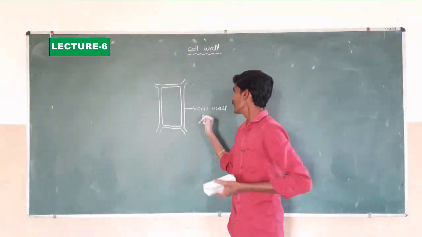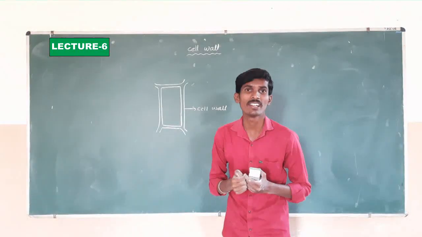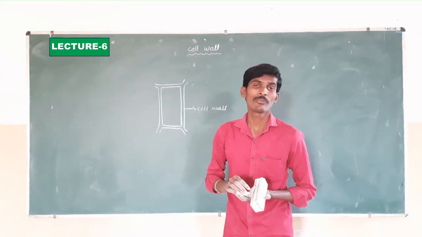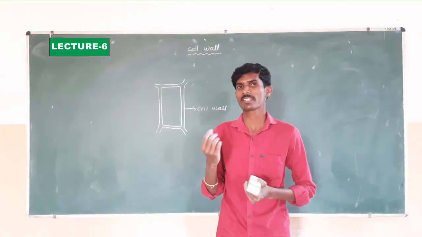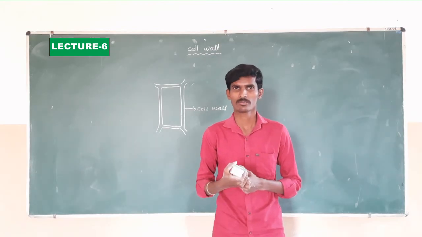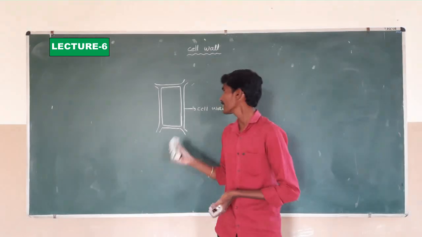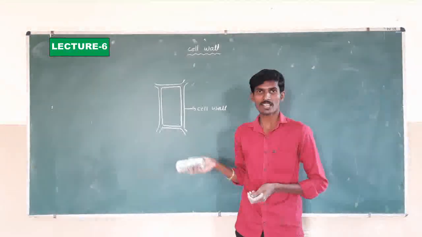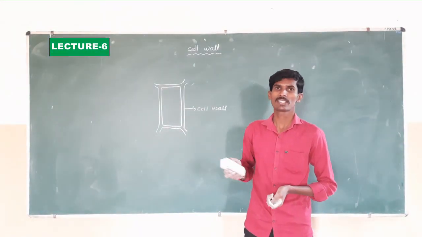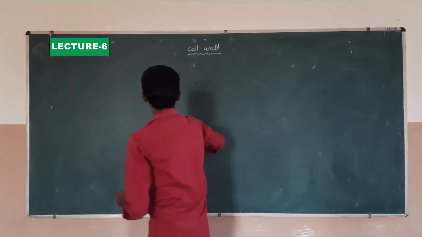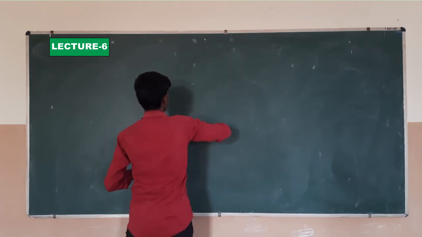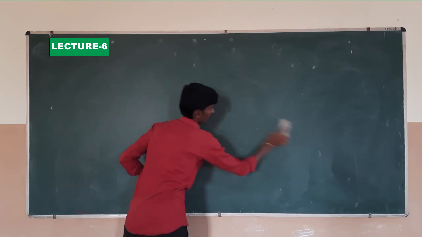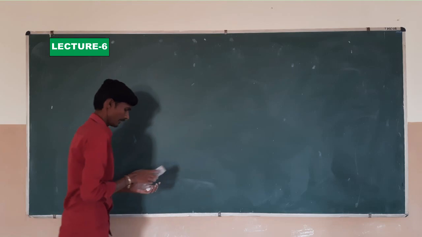Also, the cell wall is rigid and made up of a very complex substance, cellulose. Okay, dear students, in this class we discussed the cell wall and also cellulose. The next,